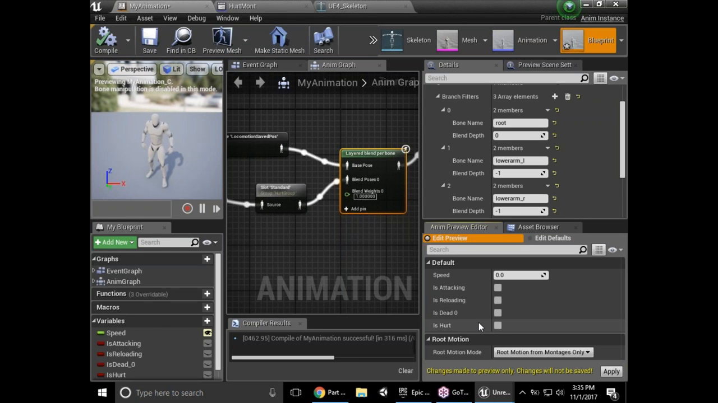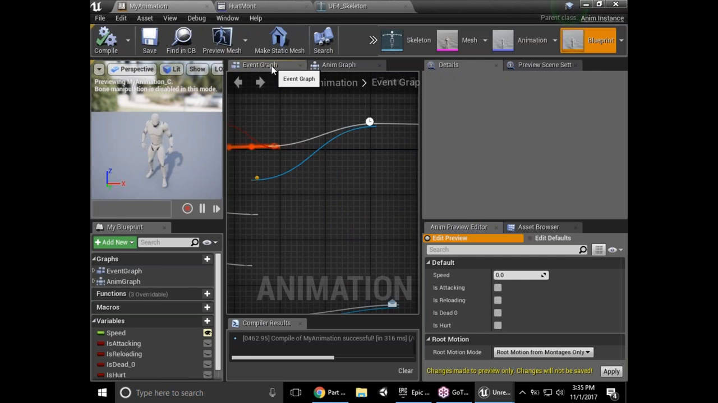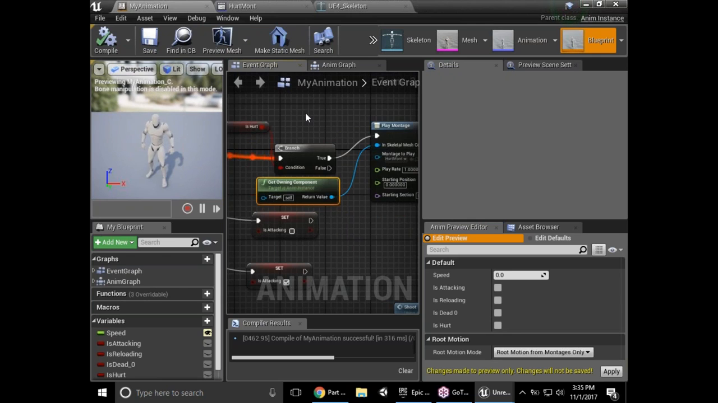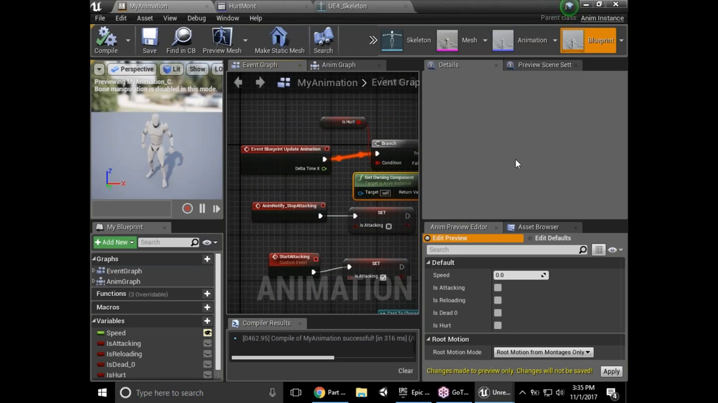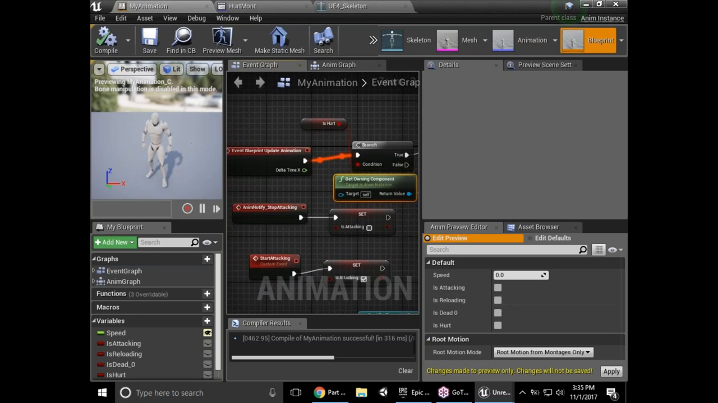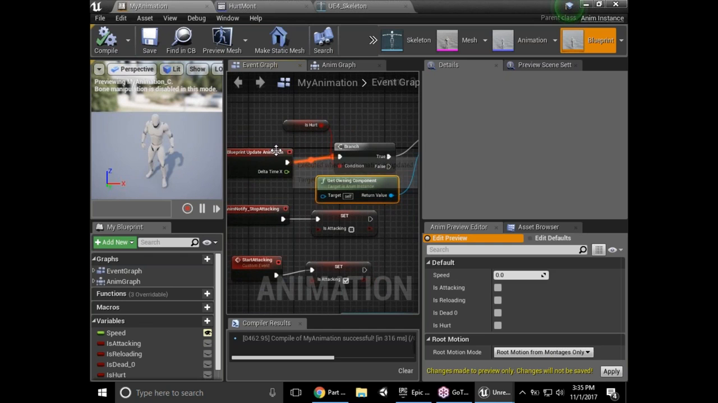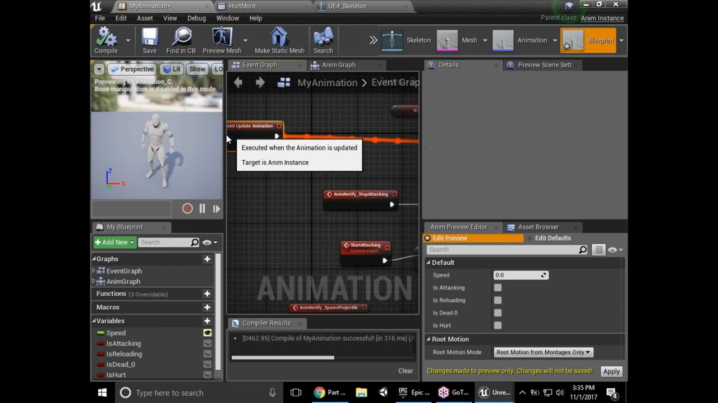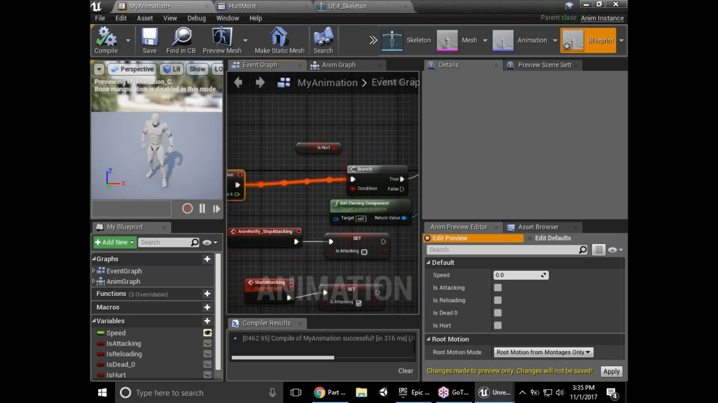Now that we have that hurt animation all set up, we need to have our game tell it when it's been hurt. So in the event graph, I was doing this on every single update. That's not good. This was just for testing purposes to tell it to play that montage in here. What we can do is add a check